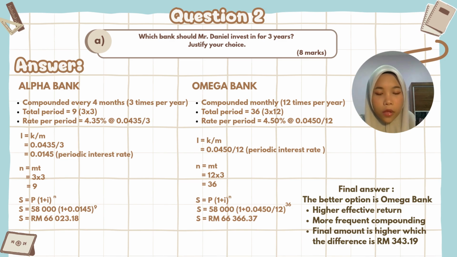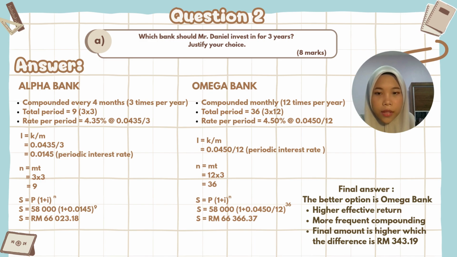Using the compound interest formula, S equals P (1 plus i) to the power n, where P is 58,000, i is 0.0145, and n is 9. The final amount for Alpha Bank is 66,023.18. Next, we compare this to Omega Bank. Omega Bank compounds interest monthly, which is 12 times a year. So for 3 years, the total number of periods is